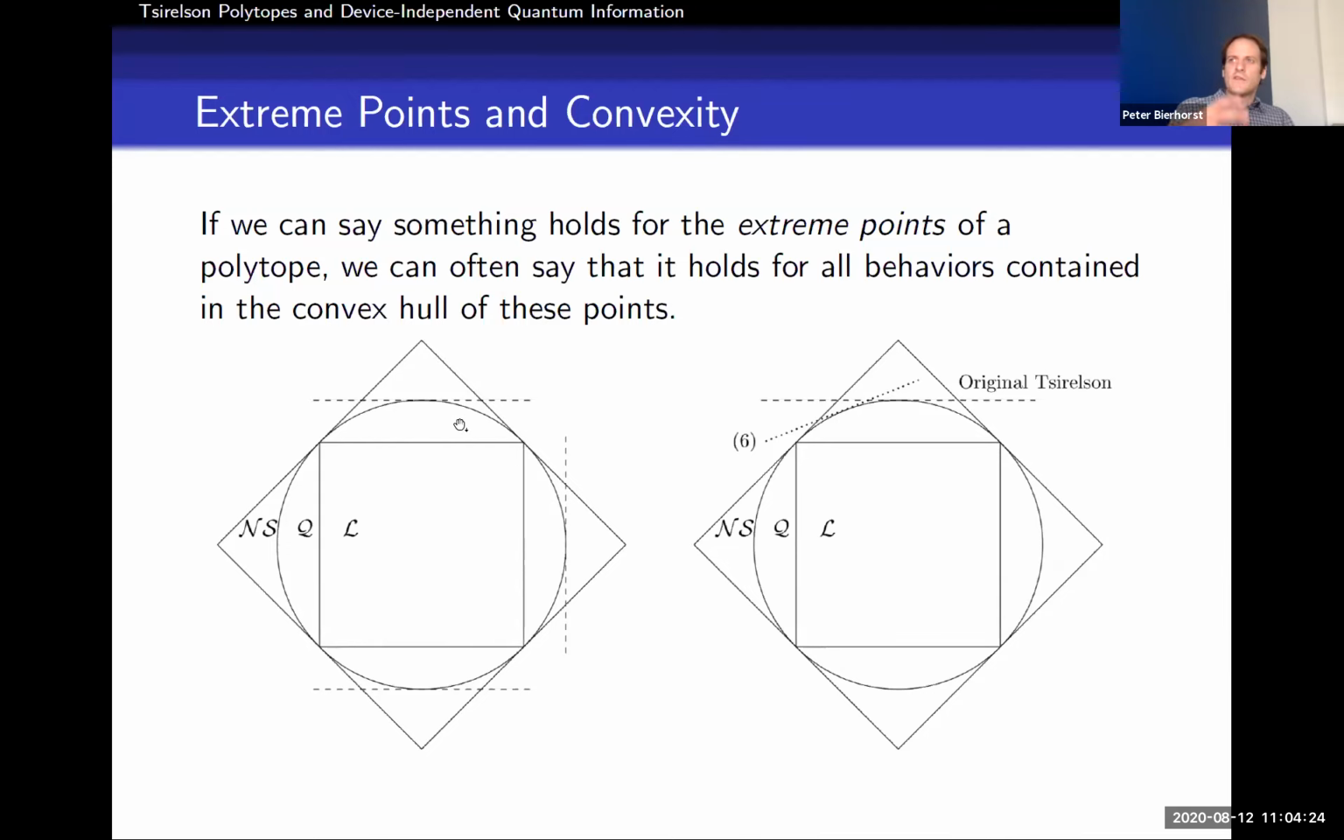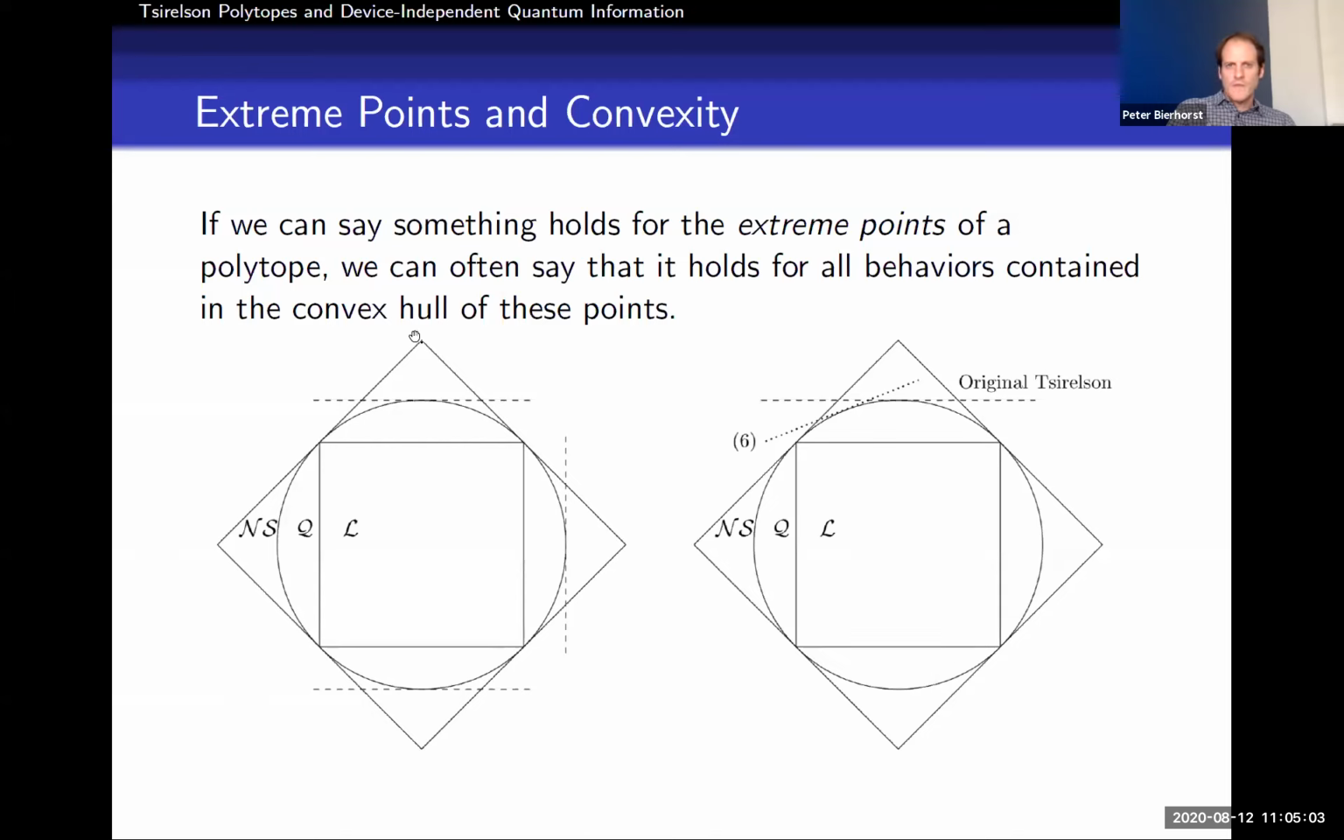And so if we can say something's true about the extreme points of this no signaling set, and if that property has the convexity property, then we can say that that property also holds of this quantum point that's contained in the convex hull of these extreme points. So that's why we're trying to contain the quantum set of probabilities, which is known to have this tricky curved boundary, in a larger